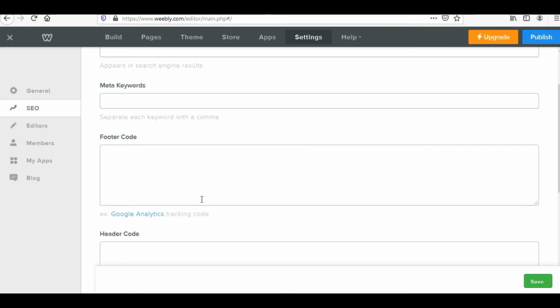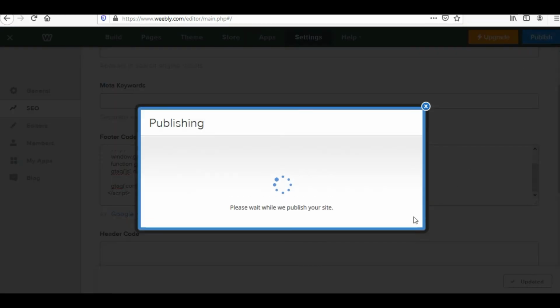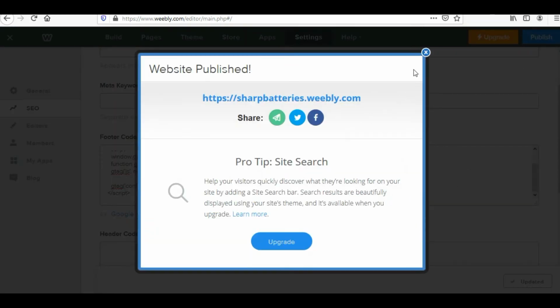If you are doing the coding of your website, in your footer code you need to paste this code, because Weebly is a GUI based website making platform. So over here I have gone into settings, then SEO. Under SEO I am going to footer code, and I would be copy pasting my code over here. I would click on save. It is updated, and I'll click on publish again. So the website is published now.